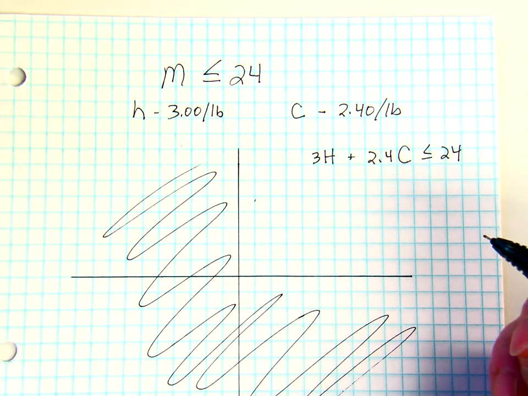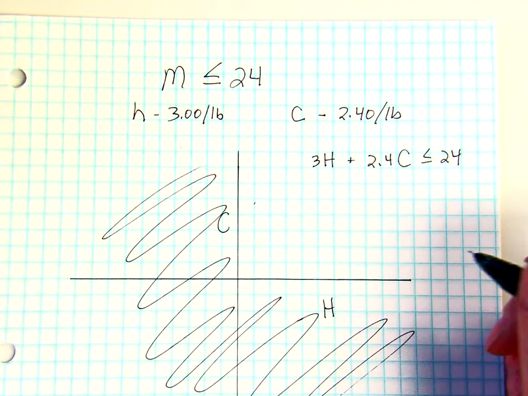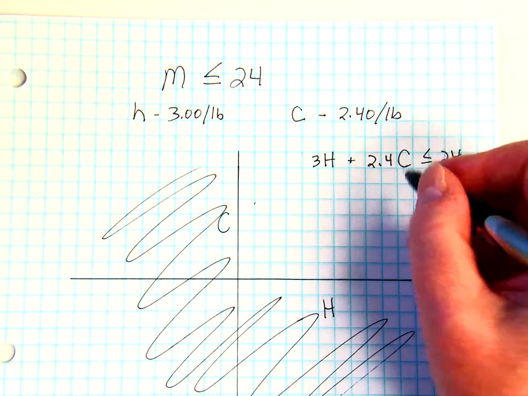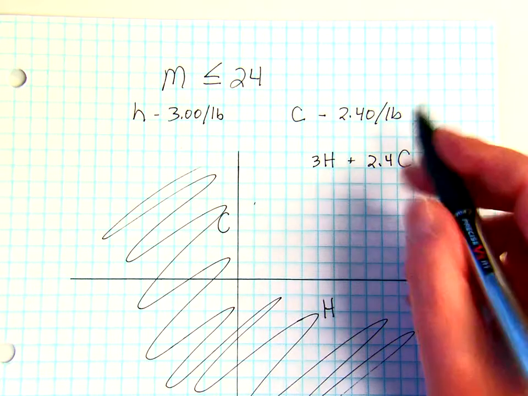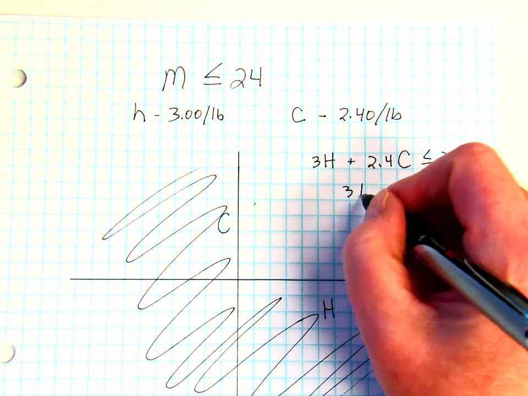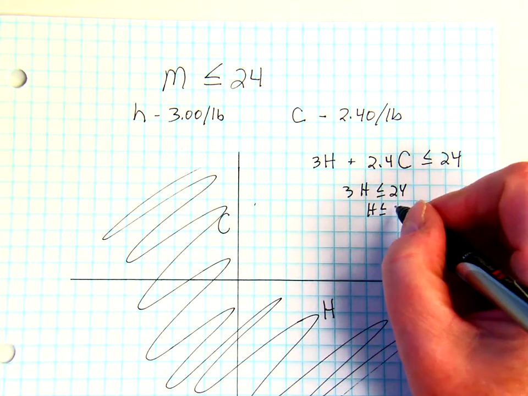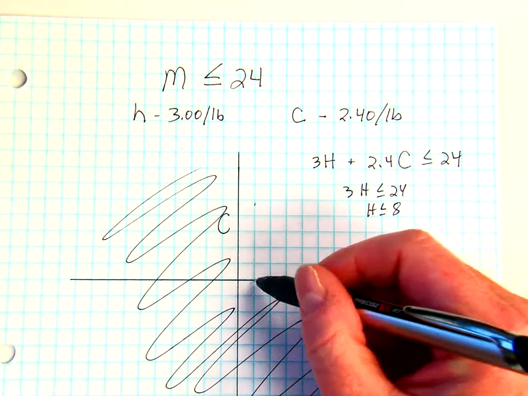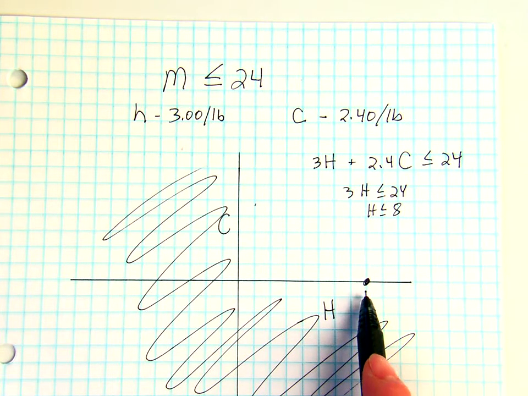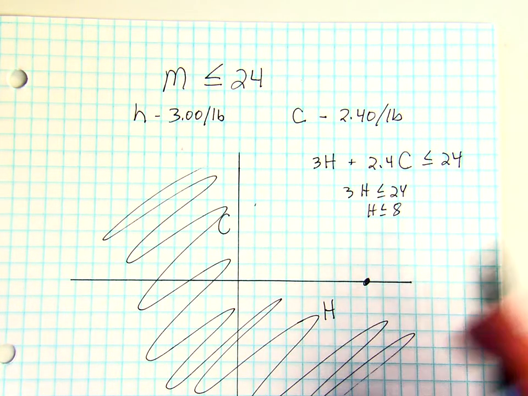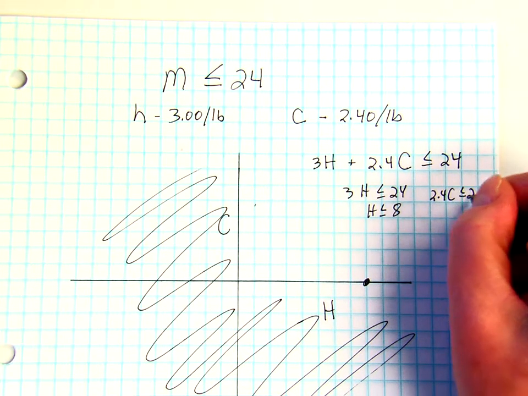And so I'm going to go ahead and I'm going to put my hamburger down here and my chicken over here. And I am going to say if I set each of these to 0, so let's say for my hamburger, 3h less than or equal to 24, so h less than or equal to 8. So 1, 2, 3, 4, 5, 6, 7, 8. Okay, here is where I'm buying just hamburger, no chicken. And if I do the chicken, 2.4c less than or equal to 24,